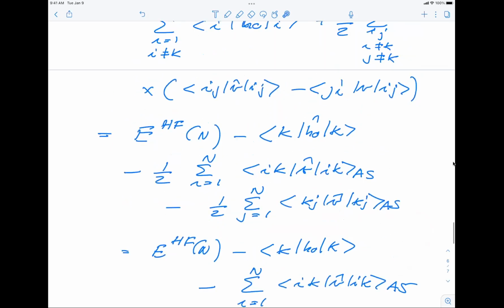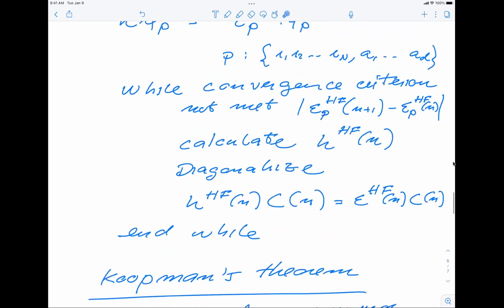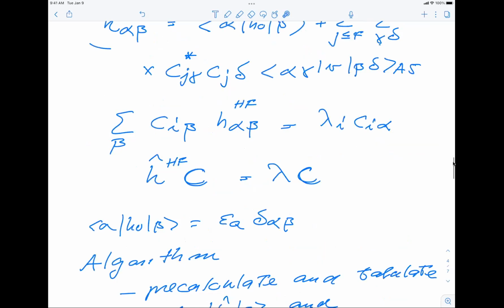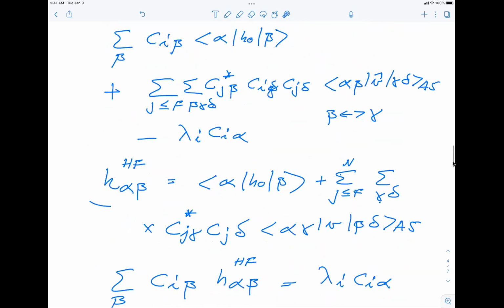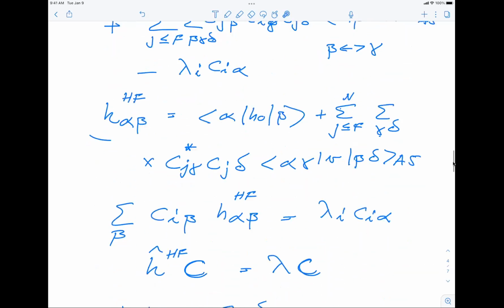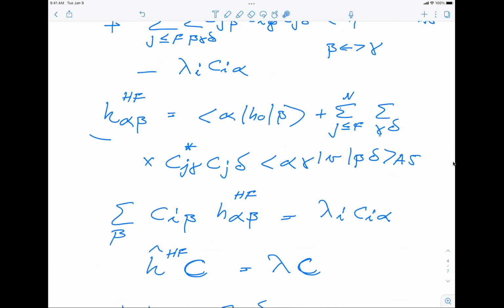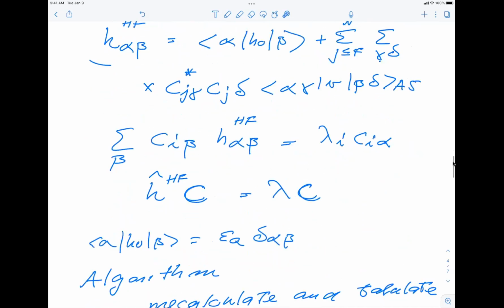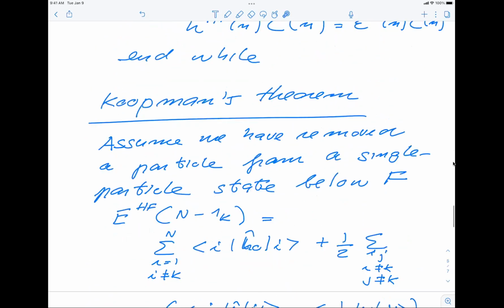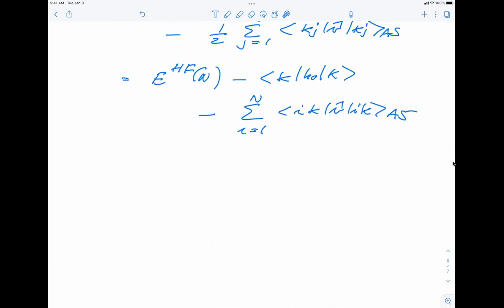Let me spool back a little bit and take a look at the equation for the Hartree-Fock Hamiltonian. Now this is written in terms of, let me just give you a hint here again. So we can rewrite in the new basis the Hartree-Fock Hamiltonian of PQ, which is given by